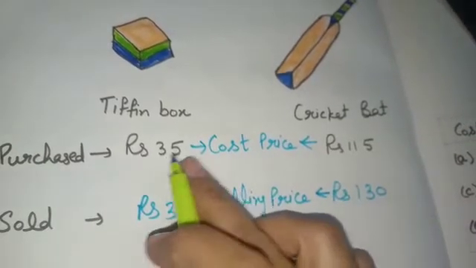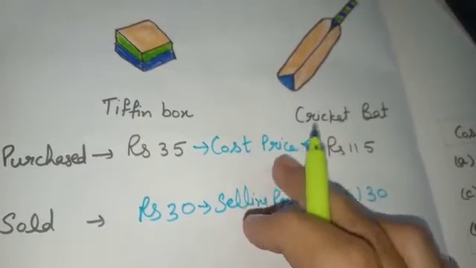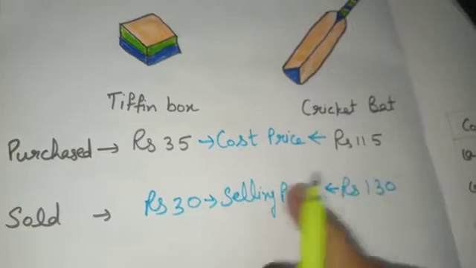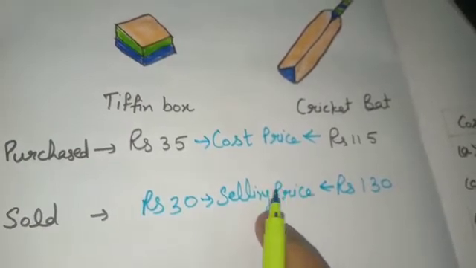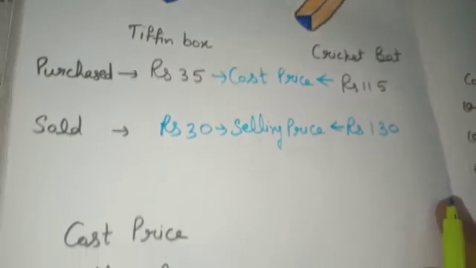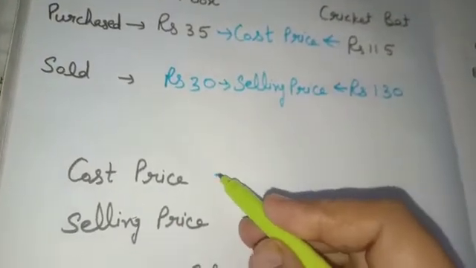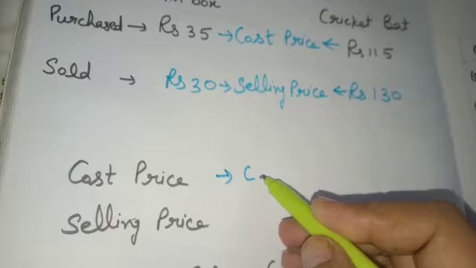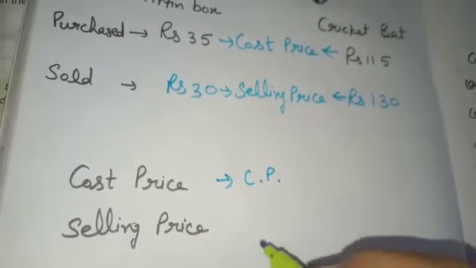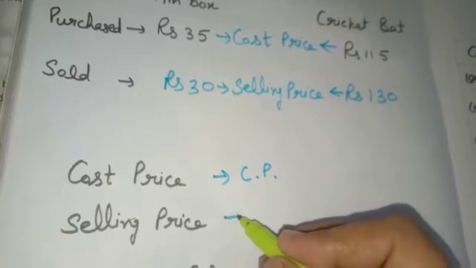The price at which we purchase something is called its cost price, and the price at which we sell something is called its selling price. And the cost price can be written as capital C, capital P, CP, and selling price is written